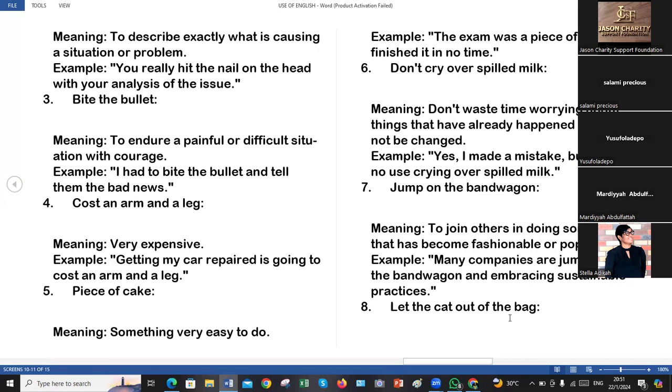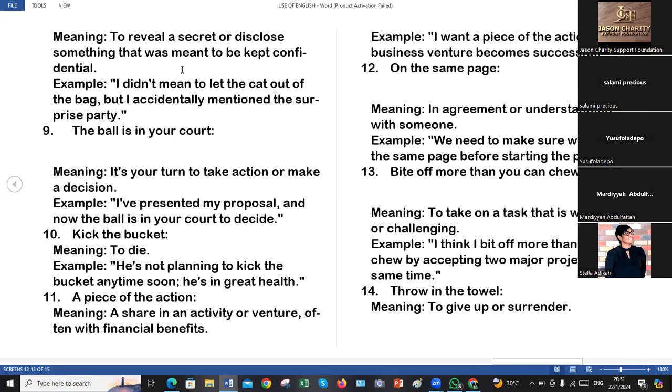The next one is let the cat out of the bag. Now, this means to reveal a secret or disclose something that was meant to be kept confidential. I didn't mean to let the cat out of the bag, but I accidentally mentioned the surprise party. Number nine says the